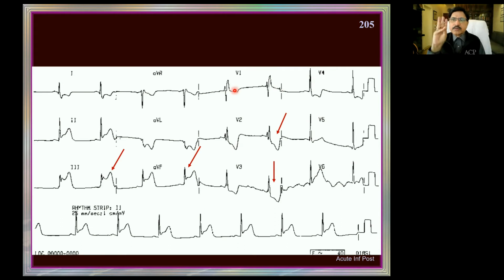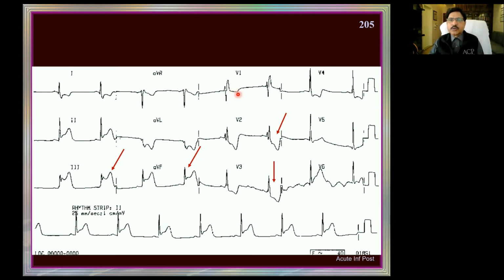it is three diagnoses. One, posterior infarct. Two, right bundle branch block. Three, right ventricular hypertrophy. Only three are possible. Or, in the extreme, there is a rotation of the heart also. A right-sided rotation of the heart may produce a picture like that in V1, V2. Mostly these are the three conditions: posterior infarct, RVH, right bundle branch block.